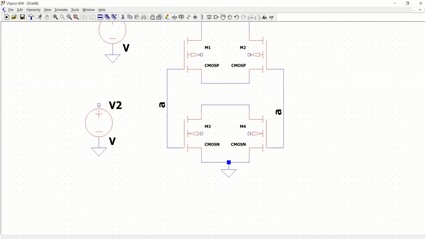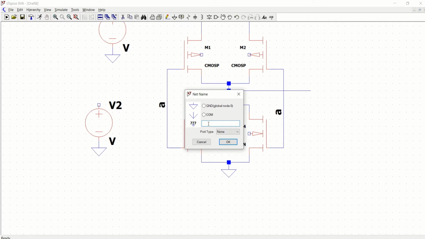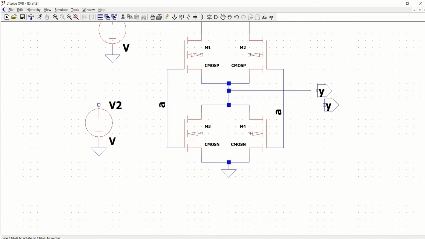So connect the pull-up and pull-down network and get the output from here. You can use the label again if you want and name it Y as output. You can set that. Now make the connection to it.